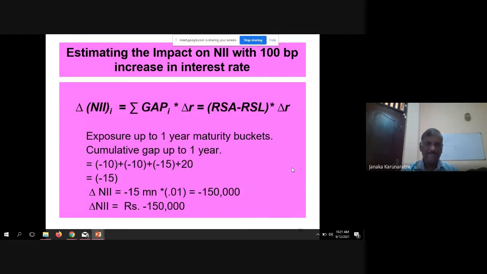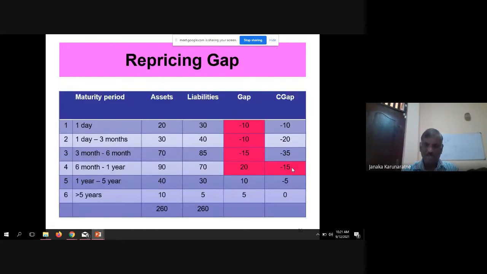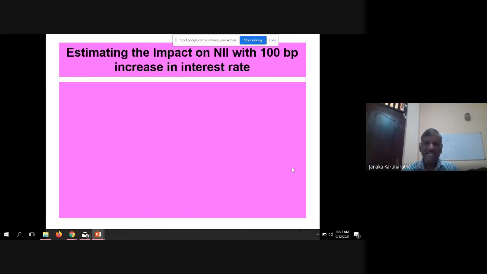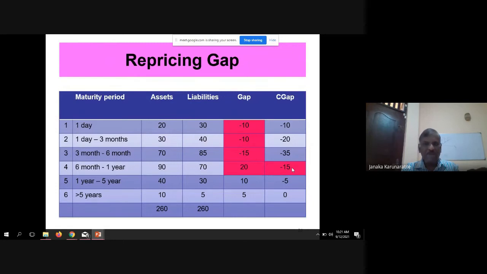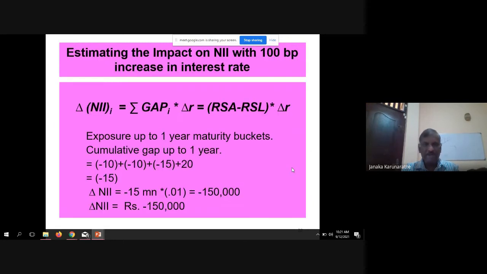So let's say, what is the impact this bank has as a result of a 100 basis point increase in interest rate over a 1 year period? The total cumulative gap over the 1 year period is negative 15, multiplied by